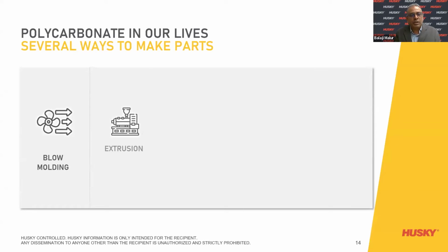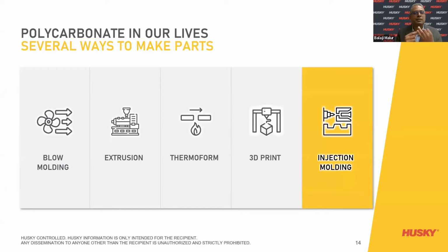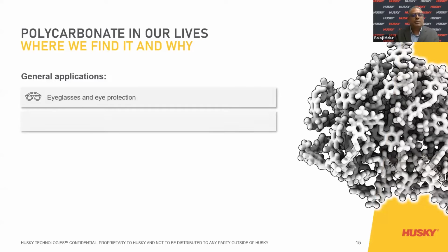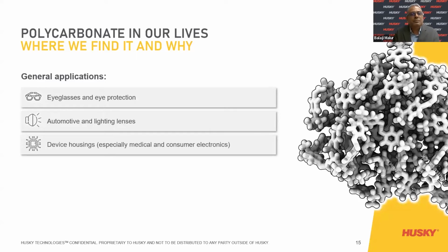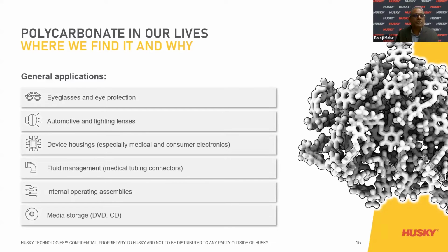Coming back to polycarbonate, where is polycarbonate basically being used? We use it in blow molding, extrusion, thermoforming, 3D printing, and finally we use it in injection molding. That is what is key to us. The rest are also important, but our focus is on injection molding. So in a given market that we have for polycarbonates to sell, we have extensively used this